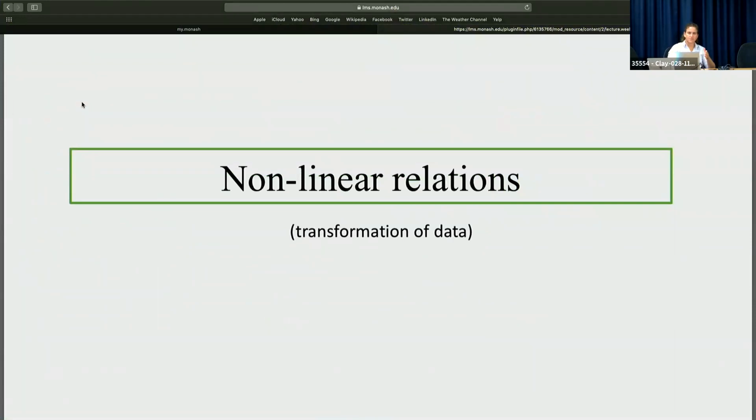So we spoke about really simple unifactorial linear relationships till now. So we had a y that is a function of x, and only one x. We're going to talk about multiple regression soon, which is a more realistic approach, where we have